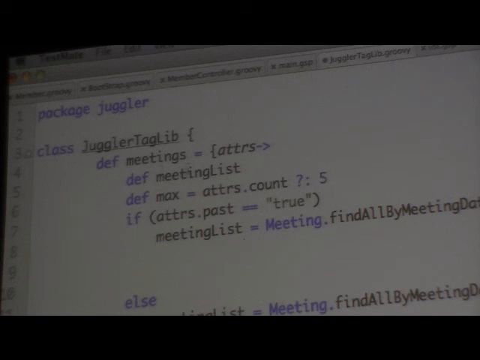In this case, we're going to grab a list of meetings. So we have our meeting list variable we declare. This max is going to determine how many we're going to show on our list. And we're going to set a default of 5. Right here, I'm using the Groovy Elvis operator. See how it looks like Elvis kind of sideways. And that's basically a shortcut ternary operator. So it says use the value on the left if it's there. If it's null, then use the value on the right. So if our user passes a count attribute, it'll use it. Otherwise, we'll use 5. The past attribute